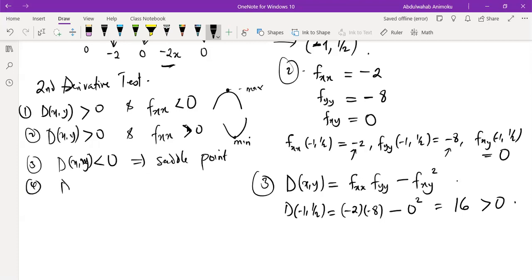And finally, if D of xy for that particular critical point is 0, we'll say no conclusion. That means we have to find other avenues to classify that point. Okay, so